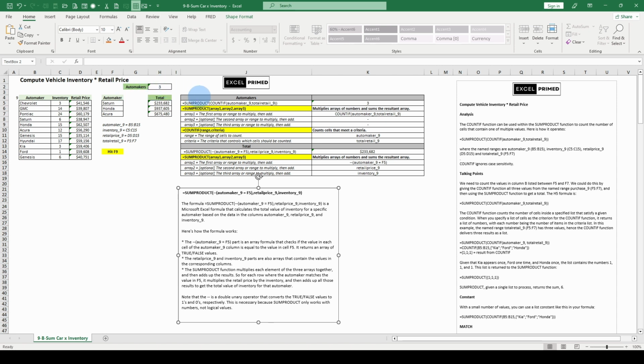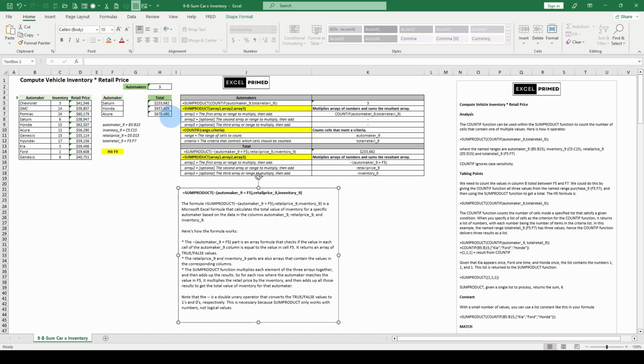To count the inventory of, in this case, Saturn, we want to look to see what their inventory is. Saturn has an inventory of 6, and each vehicle sells for 38,000. So simple math would be